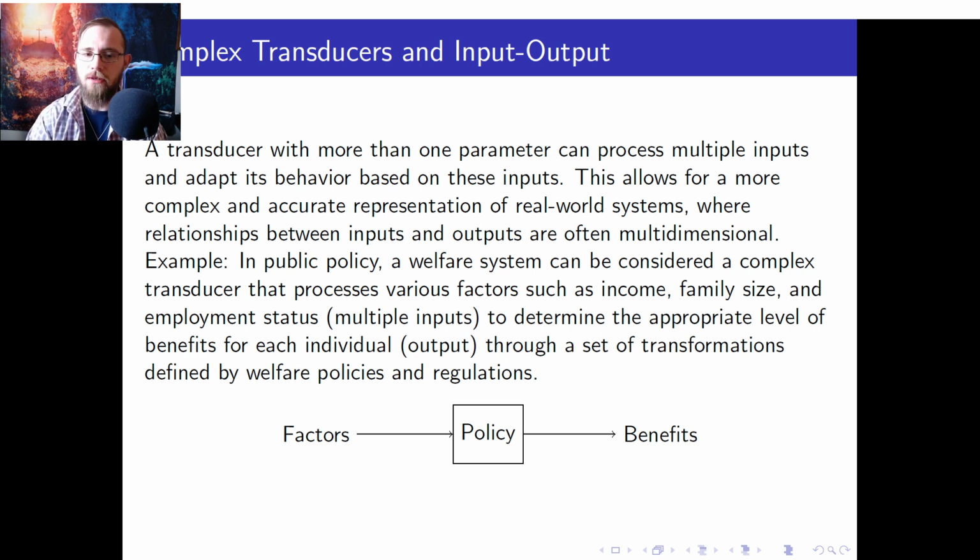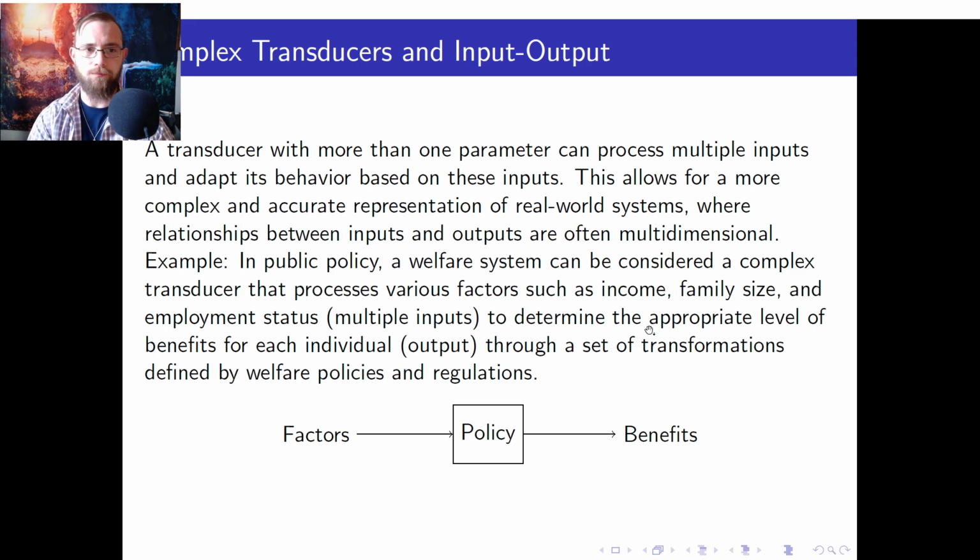By examining the resources invested, input, and the desired outcomes, output, we can assess the effectiveness of these programs and identify areas for improvement. And again, it depends on what we're trying to get out of the system itself. It's very important to know that the system itself is a set of rules. And again, this is kind of the Brisbane School of Evolutionary Economics that I'm putting in here, but